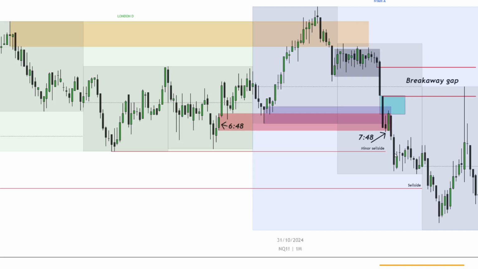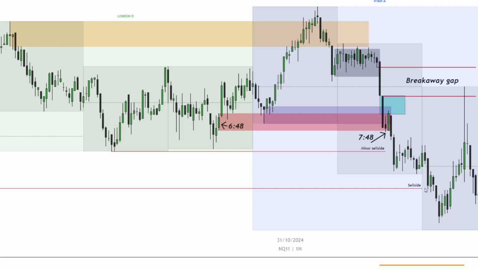Now notice what I was using as my drawn liquidity. Our previous 90-minute cycle low was used as my first target. Why is this? Because we took out our previous cycle high. The first thing that we target is our previous cycle low. Now this sell side is the cycle before this one. It's that cycle's respective low. After we swept this, I wanted to see continuation down and use this as resistance on price.